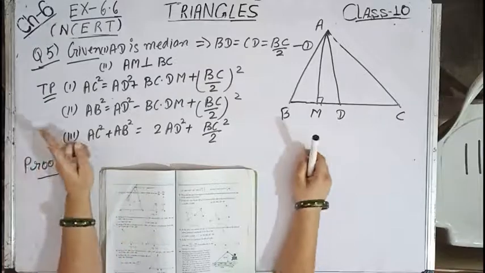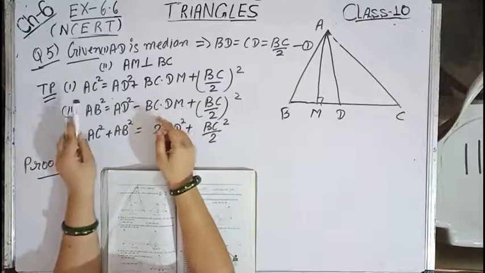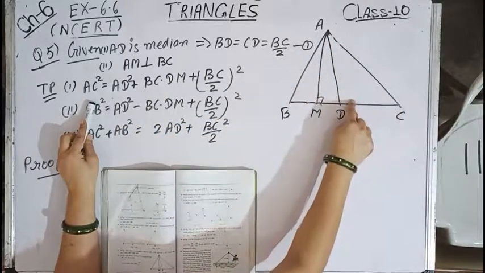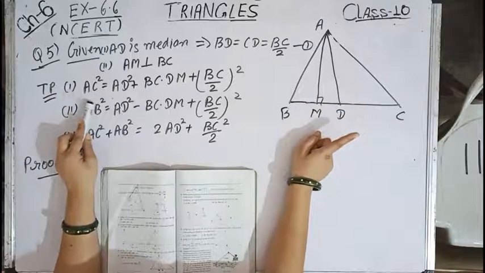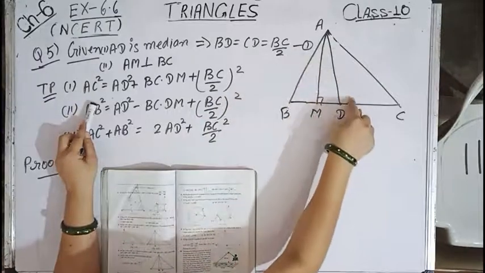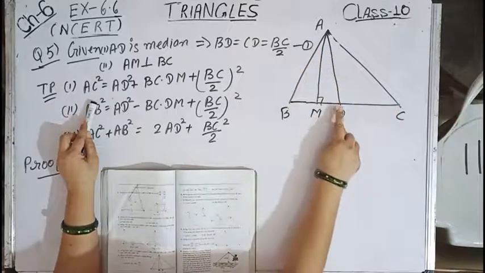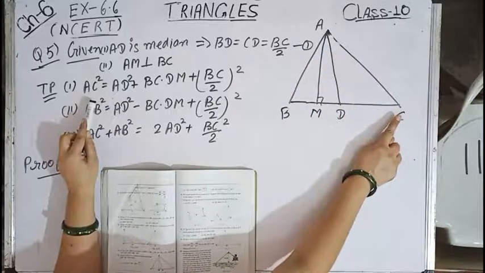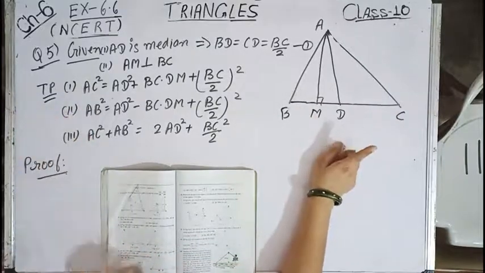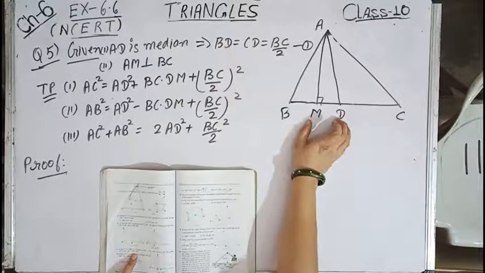Now, to prove number 5, we should know the solution of number 3 and number 4. We can see in AC over here, this angle D is an obtuse angle triangle. So obviously this is question number 4. So directly over here, using the concept of question number 4, since this is an obtuse angle triangle, we can write that AC square equals AD square plus DC square plus, remember in obtuse, plus twice DC into DM.